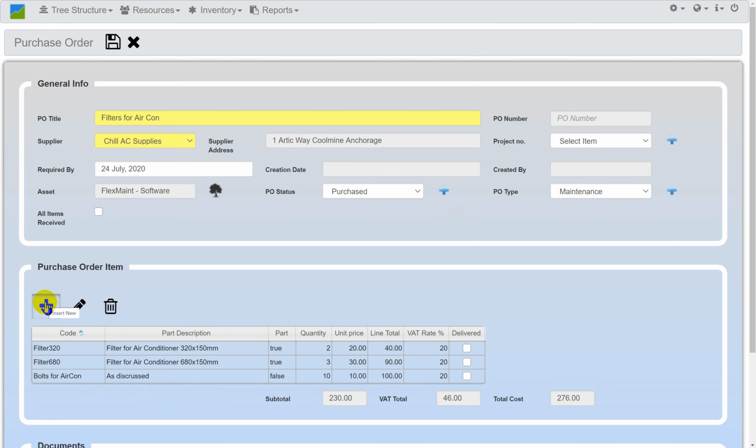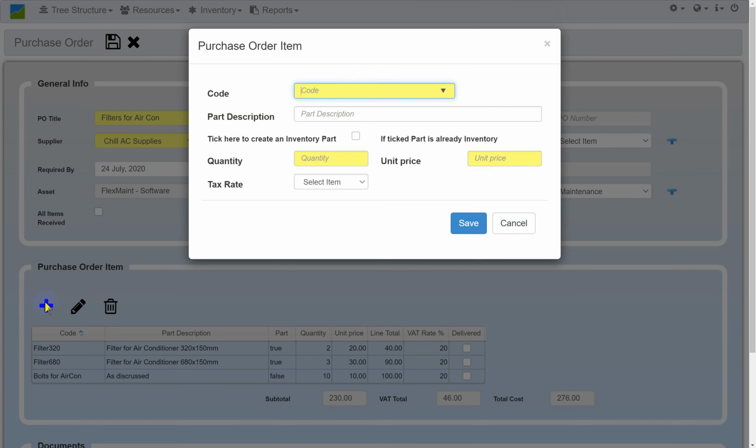Now I want to do something different again. This is the third example, and this time I'm going to go filter 680A, and this now is advanced filter for aircon. This is not a part already, but now I'm going to make it a part. So now I'll order 4 of these at 40,